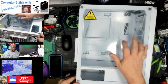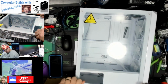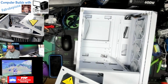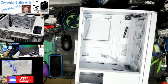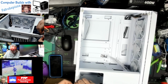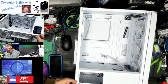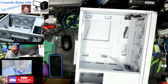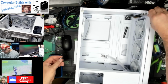Okay, here we have tempered glass. Let's just take off this tempered glass so it doesn't get broken. We'll save these nuts here. Okay, I'm going to go ahead and put these in here just so nothing gets lost, because it has these rubber grommets to protect the glass. Okay,